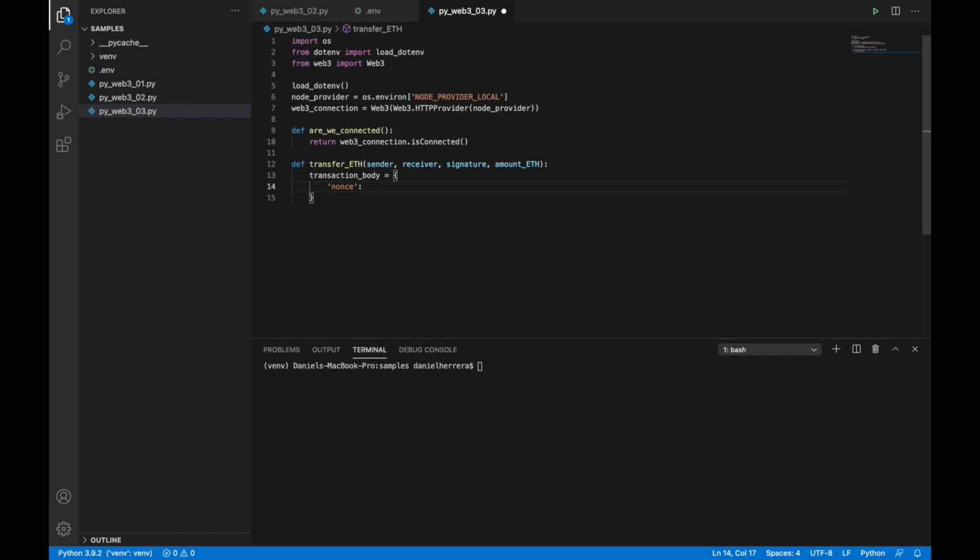elements. We are going to define nonce. And for now, we are going to just keep it open there, because we are going to have to write another function to retrieve the nonce. Then we're going to have a to, which is the receiver, so that we can fill up right now, we have a receiver. Let's remember to put a comma after each of these elements. Then we have a value,